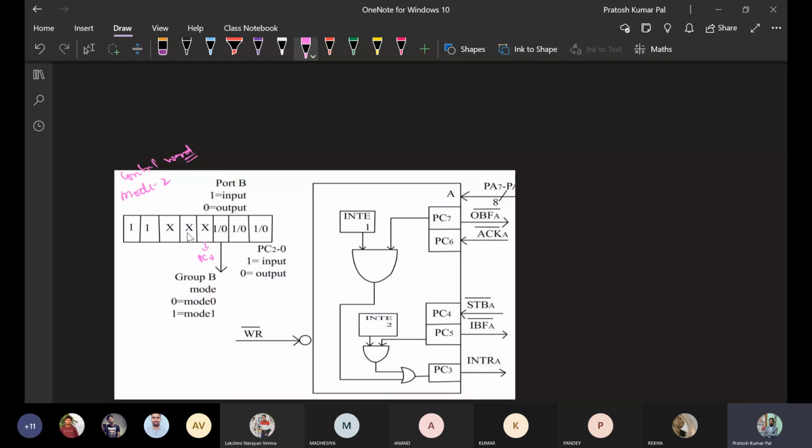So PC upper will be either 0 or 1, based on the requirement, whether port A is working in input or output mode. The next one is about port A. Port A is going to work in mode 0 or mode 1, so the next two bits will indicate the mode of operation of port A.